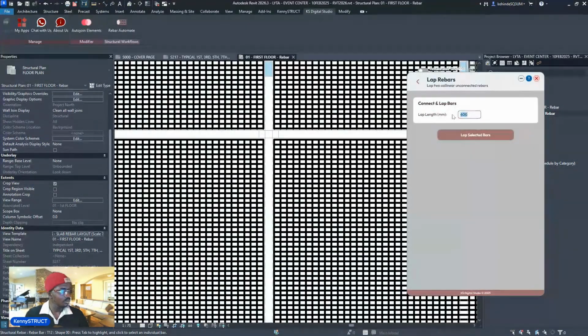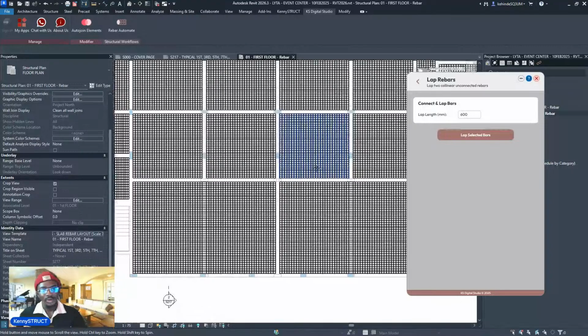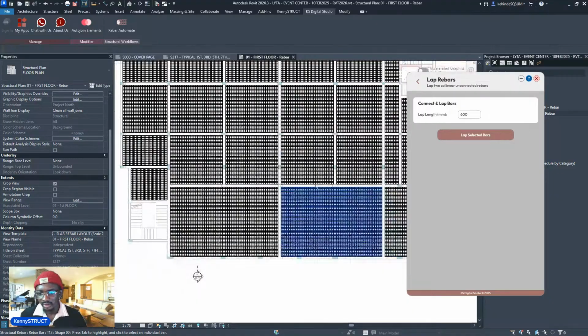So the lapping is based on your design requirements. For trapezoidal and triangular panel, thank you very much, sir, for that question. I'm going to answer that in a short while. I'm just quickly exploring these tools where you will lap the bars. All right, so this is going to be based on your slab requirements. Usually, it's a factor of,